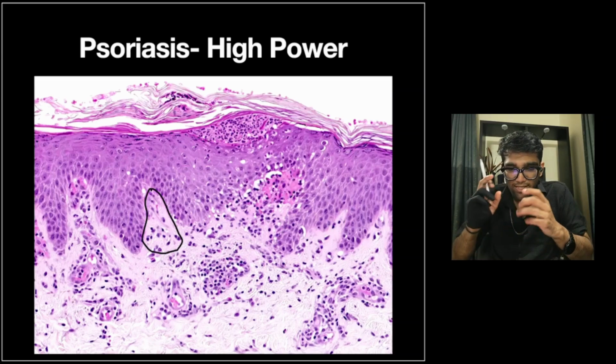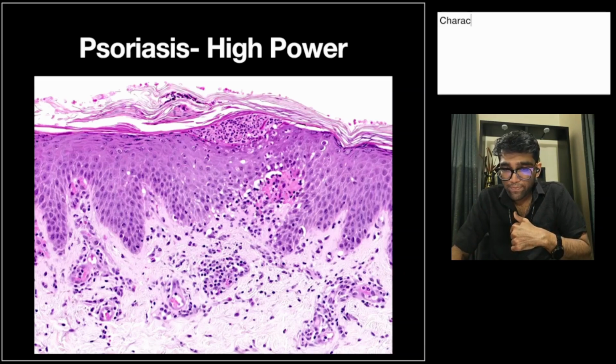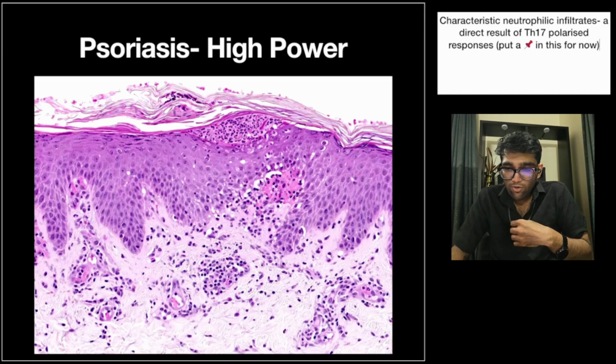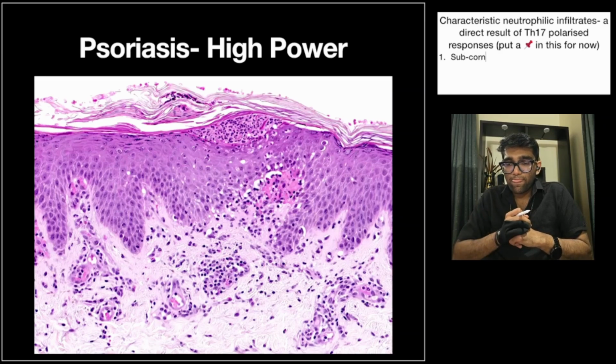Okay, that is because there is a leakage from those newly formed capillaries, and that causes superficial dermal edema. Now there's a characteristic neutrophilic infiltrate in psoriasis lesions, and this is because the lesion is caused by TH17 polarization. We'll discuss this in detail in the next video, but for now let's put a pin in it. And what we find